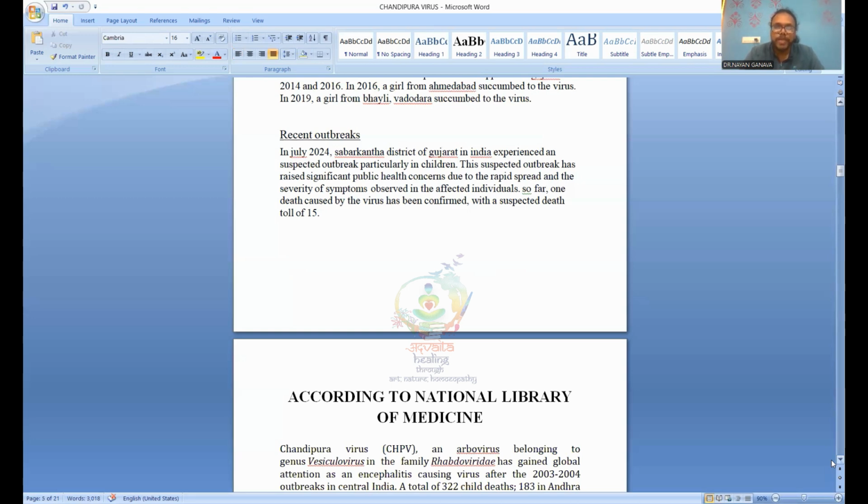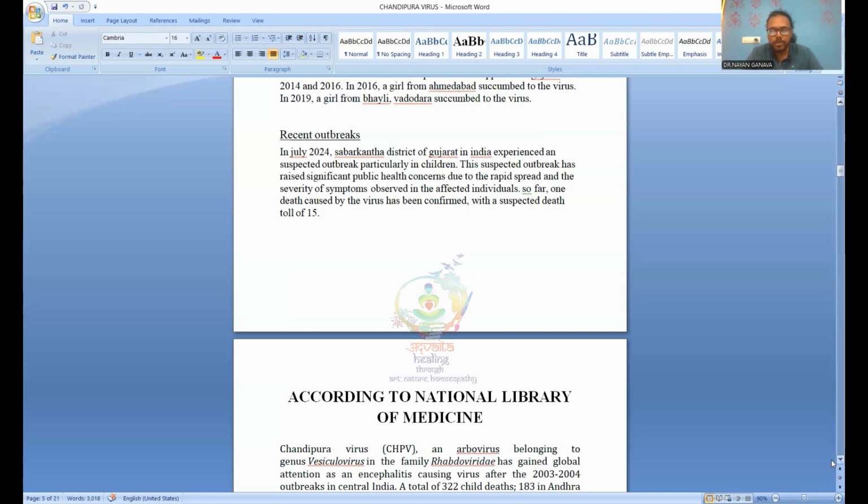This suspected outbreak has raised significant public health concern due to rapid spread and the severity of the symptoms observed in affected individuals. So far, one death caused by the virus has been confirmed, with a suspected death toll of 15. So what happened now? The progression of the disease is so fast and so fatal that it is